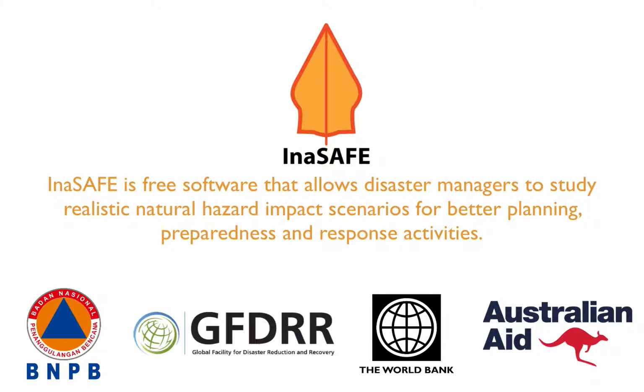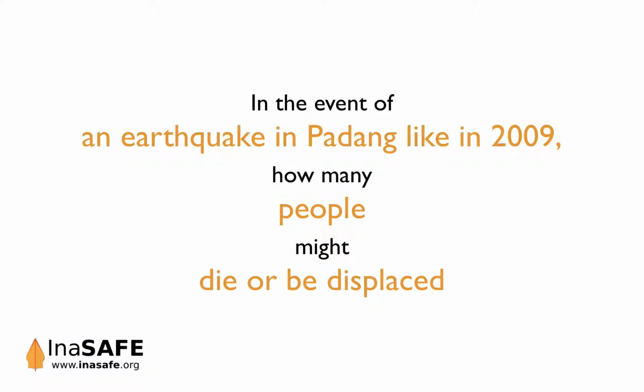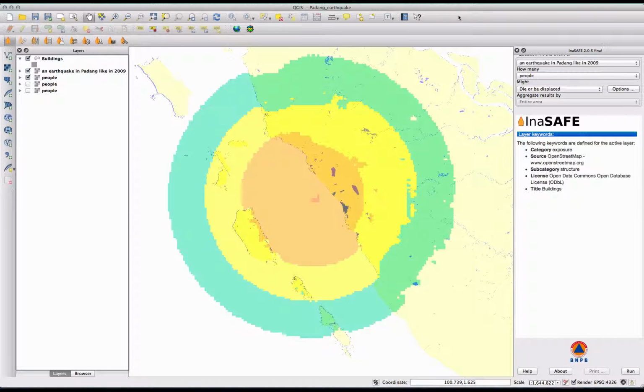Indonesia lies on the edges of the Pacific, Eurasian and Australian tectonic plates, making it particularly vulnerable to earthquakes. In this demonstration, we'll use the 2009 Padang earthquake to model a scenario which will analyse the impact of such an earthquake occurring again. Using the Modified Mercalli Intensity Scale, or MMI, we'll run two different analyses showing the impact of a similar earthquake on the population and infrastructure of Padang.